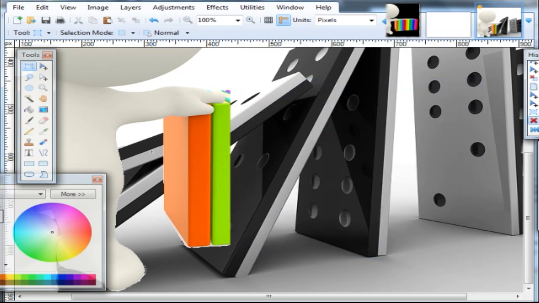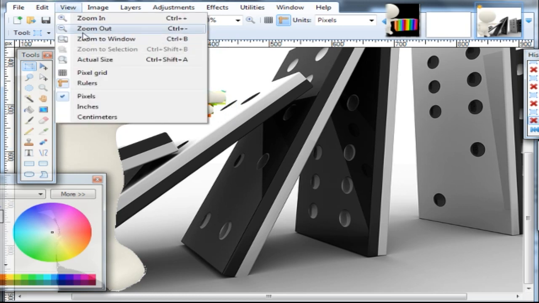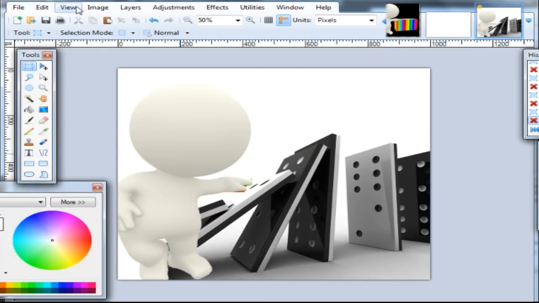So if I press delete, you'll notice that everything is being deleted except part of that picture. And as you can see here, that's the way to go. And I'm just going to have to go inside and do some tweaks and delete those things around his hand. But if I zoom back out, actual size,